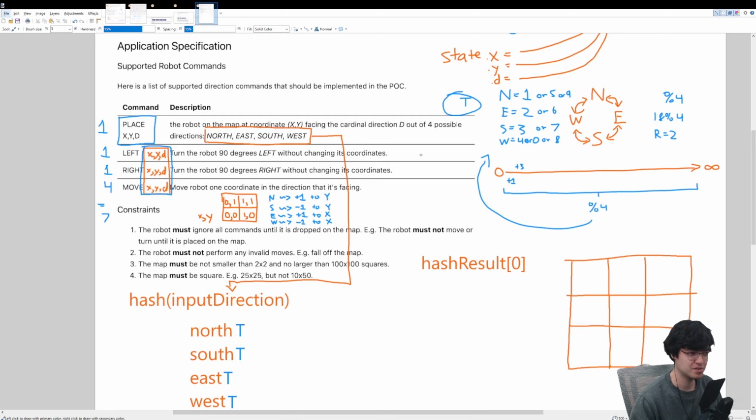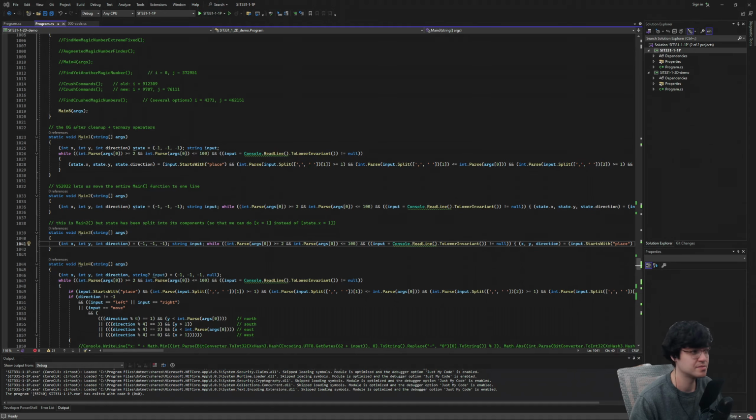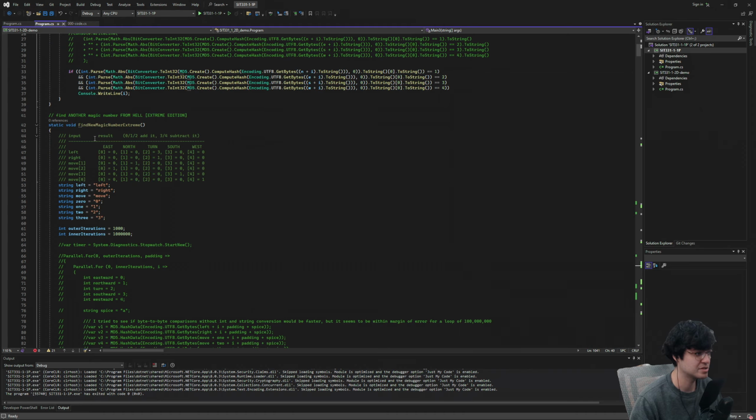What if we find a value for t, a different t value, that lets us handle all of these at the same time? So how the hell do we do that? Let's quickly hop back into the code. Somewhere up there I have it. Okay, so